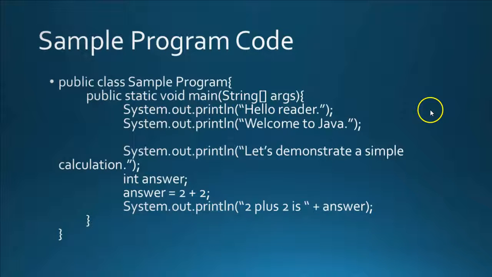Now, earlier I did talk about that sample program. Boom, here's that sample program code. This is the reason why I gave you that little bit about variables, because there's some stuff in here. It says public class SampleProgram, public static void main(String[] args). System.out.println("Hello reader"); System.out.println("Welcome to Java"); System.out.println("Let's demonstrate a simple calculation"); int answer = 2 + 2; System.out.println("2 plus 2 is " + answer);